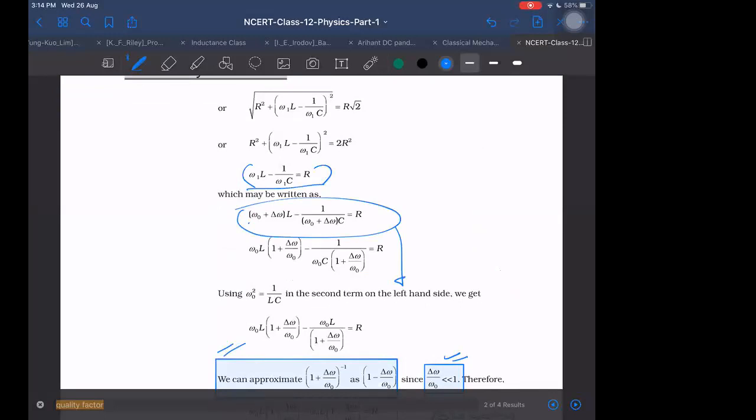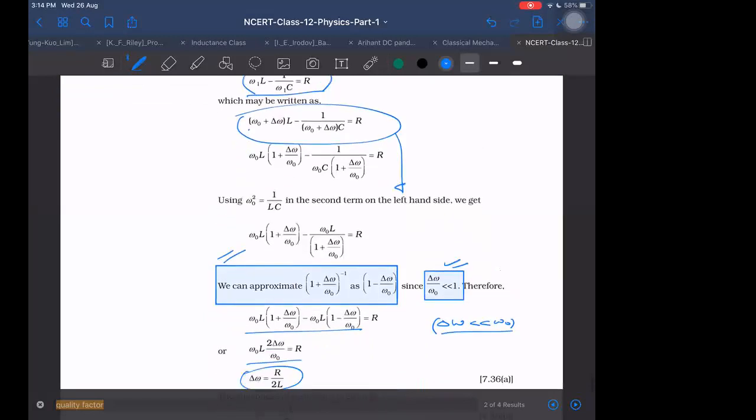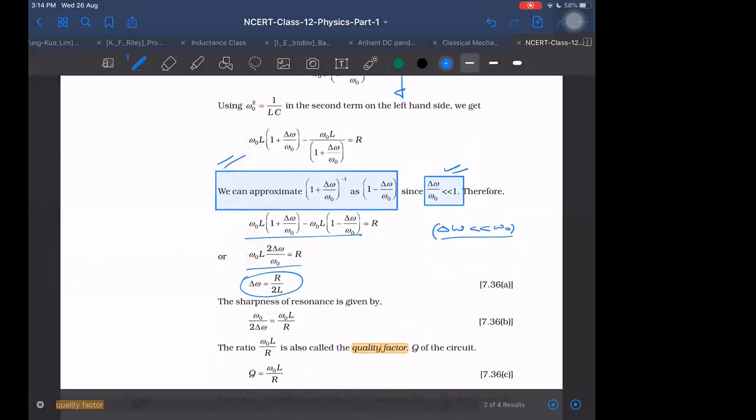One boy is asking me what happens when the bandwidth is low. First of all, let me tell you one thing about bandwidth. Bandwidth is not only used in this particular quality factor chapter, or in this resonance discussion. Here bandwidth has a different meaning. Normally, whenever we use bandwidth, it is only a difference of some frequencies, but what those frequencies are depends from case to case. Sometimes, for example, while you are using an internet connection, they will say my internet connection is poor, it has less bandwidth.